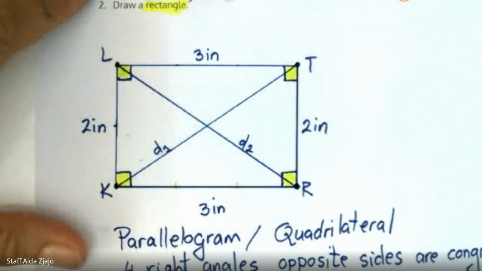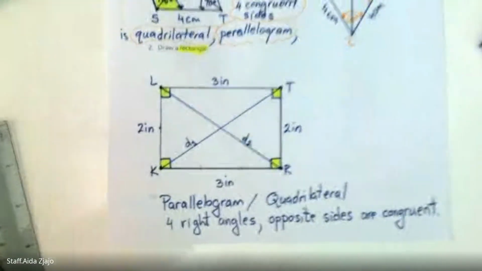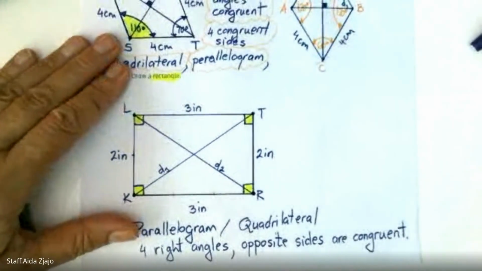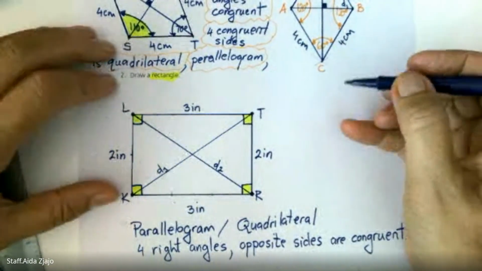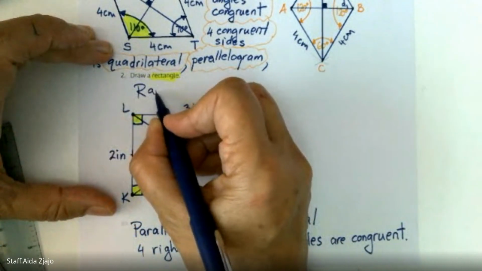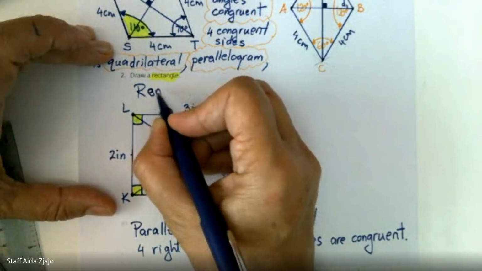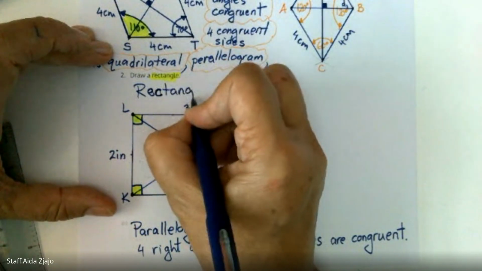So why I do that is because we can now use our sign language to show what a rectangle is. So this is a rectangle,